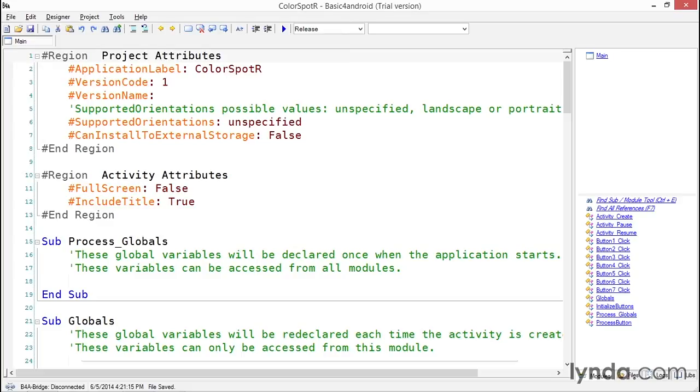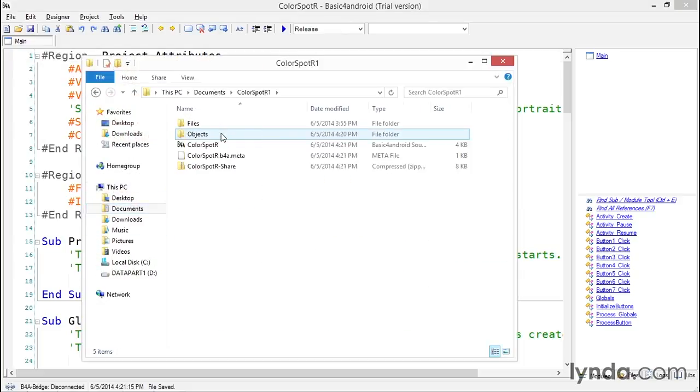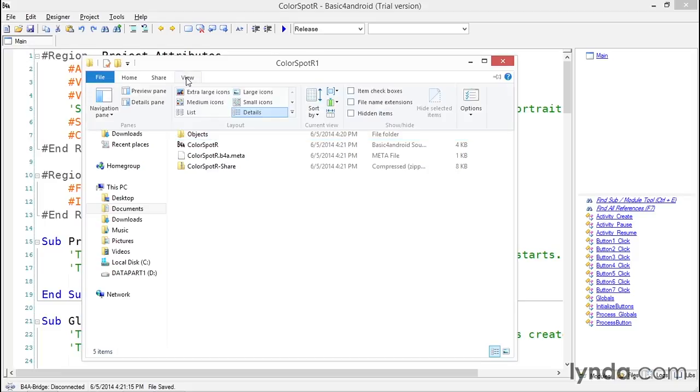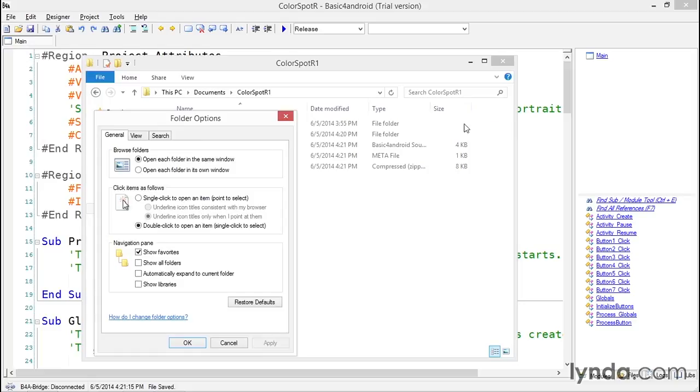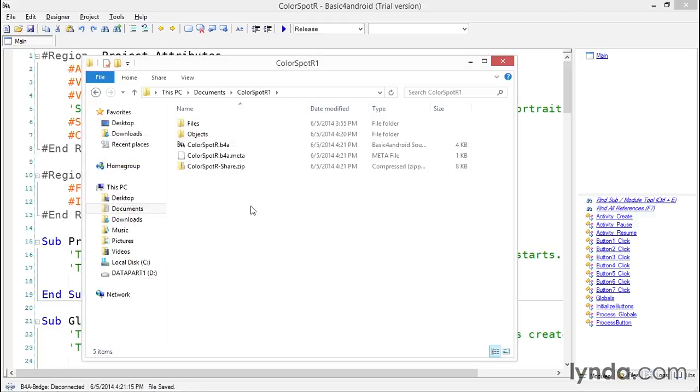And if we once again come back to the Windows Explorer and come into Documents and look inside our ColorSpotter 1 folder, you'll see a ColorSpotter-Share, which is a zip file. If we change the view inside Windows to show extensions, we'll go ahead and click Options here, change Folder and Search Options, go to View, unclick Hide Extensions for Known File Types. You'll see that it actually is